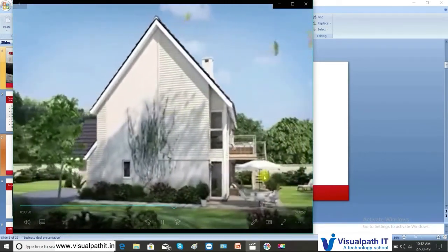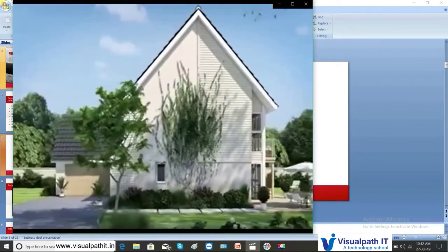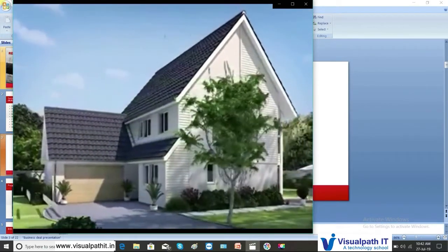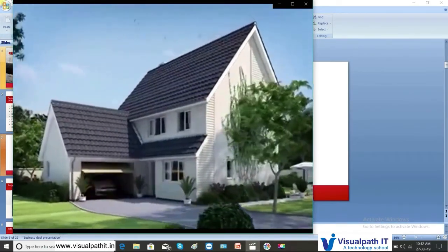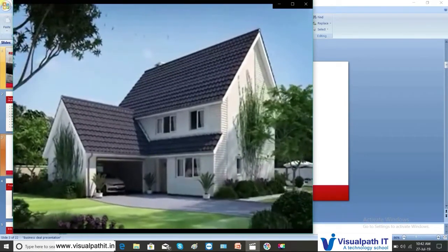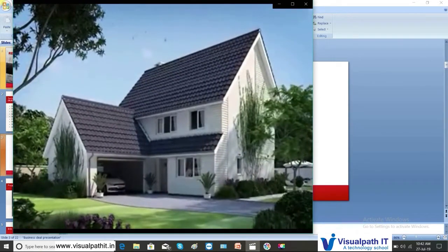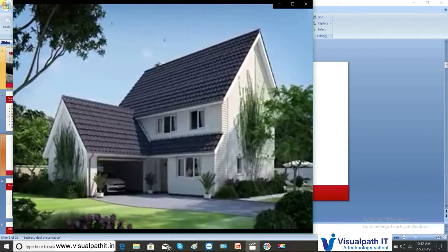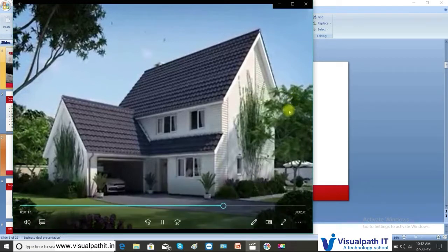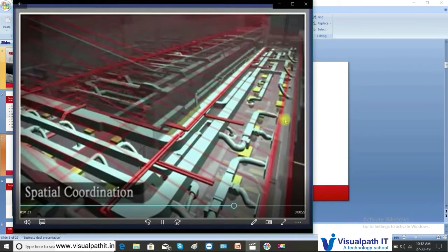That is called the walkthrough. This walkthrough is possible in Revit. Once the walkthrough is done, you can go inside and see how your building looks, how your house looks. And this is when it is done on a large scale. This is done on a very large scale.